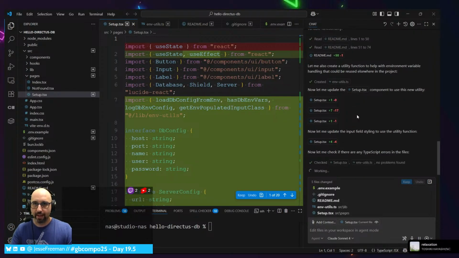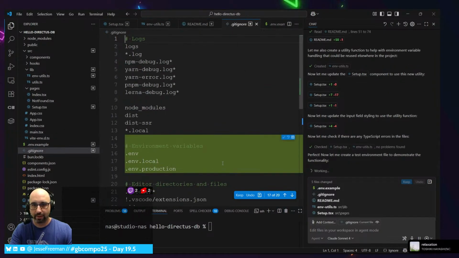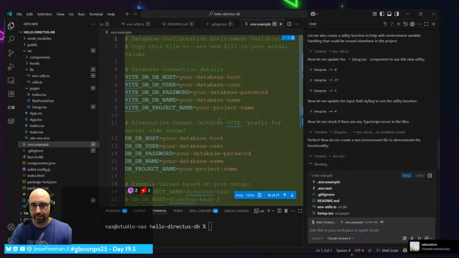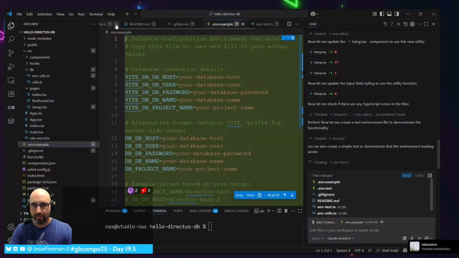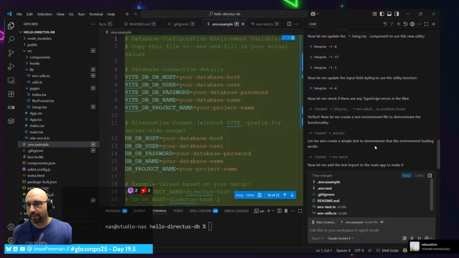All right, it's doing a lot of stuff here, but I don't know what this is doing here. Interesting. I wonder what the over-under is for it actually getting this to work correctly, right out the gate.